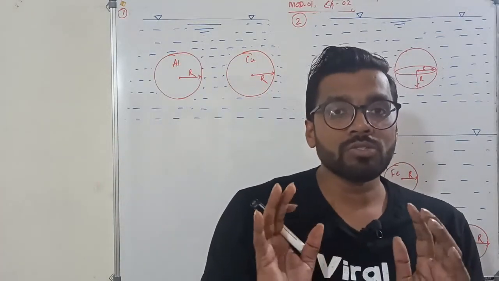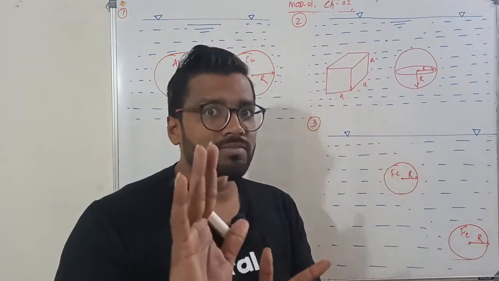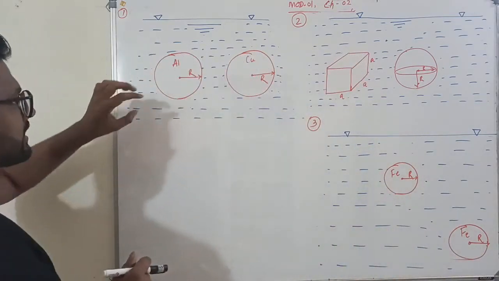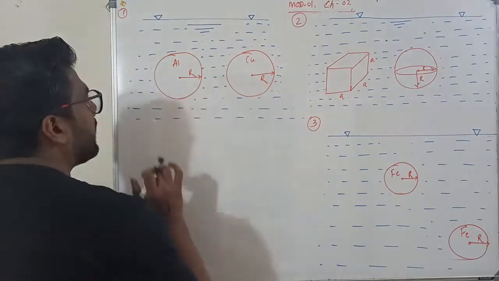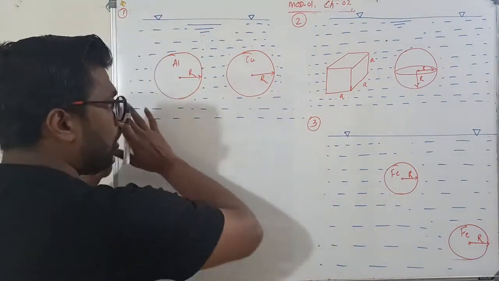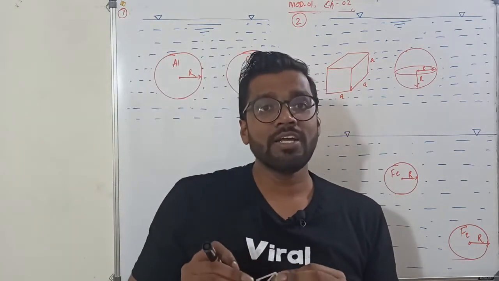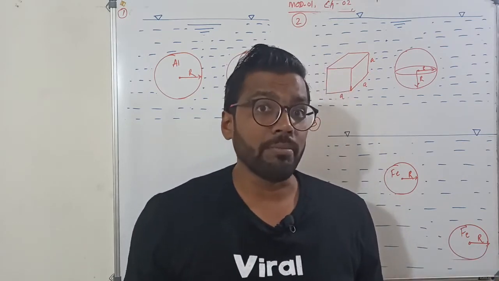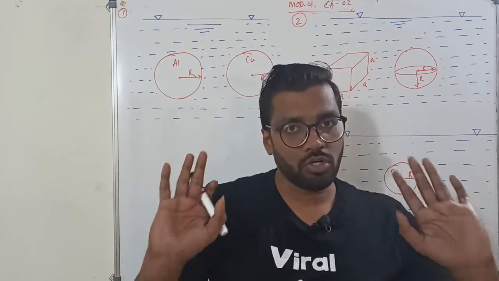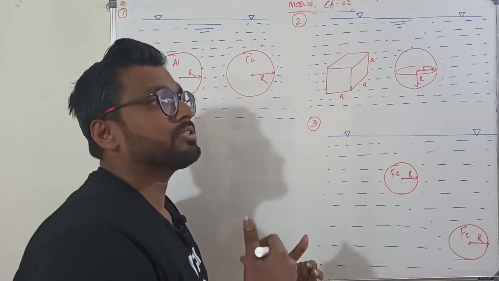Okay, so today we are going to discuss some buoyancy numericals. We'll start from the easier one. In the first question you have two balls, one made up of aluminium, one made up of copper. In all three numericals you are seeing now, we are trying to understand where the buoyancy force will be more, where it will be less, or whether it will be the same. That is our main motto of these three questions. We are going to determine what happens to the buoyancy force.